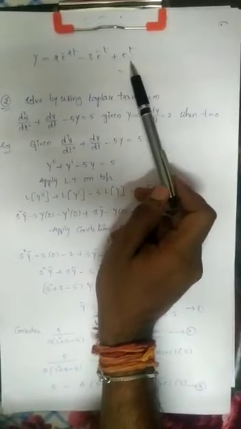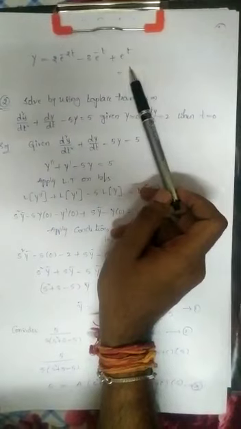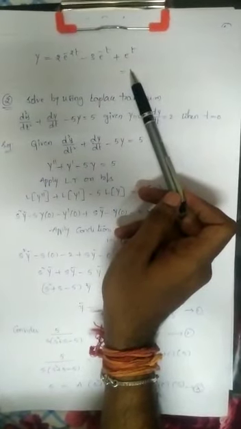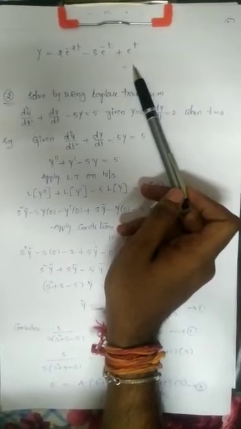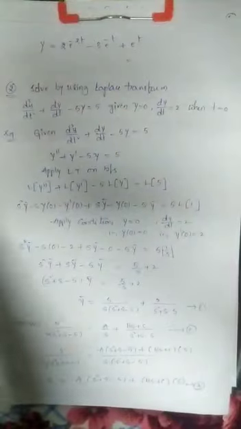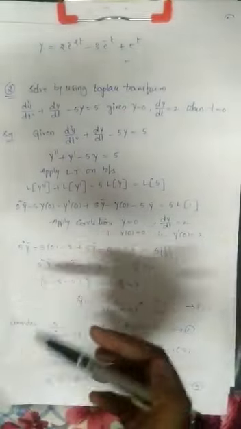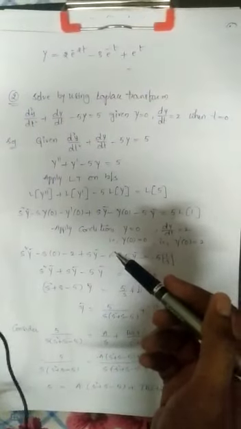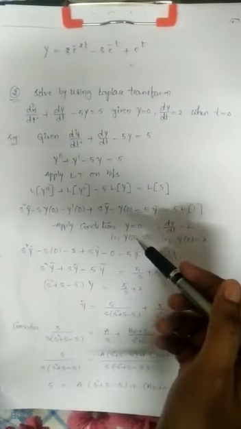So that is the procedure. First we have to apply the Laplace transformation. In the second step we have to use the formulas. In the third step we have to apply the conditions. In the fourth step we have to convert it into the y bar equals f bar of s formula. Then in the last step we have to apply the inverse Laplace transformation. That is the method you have to remember.